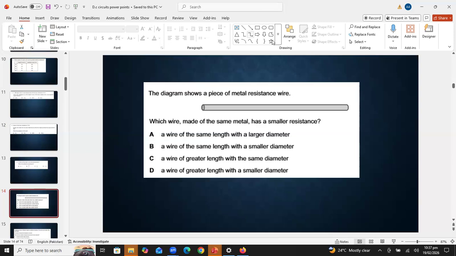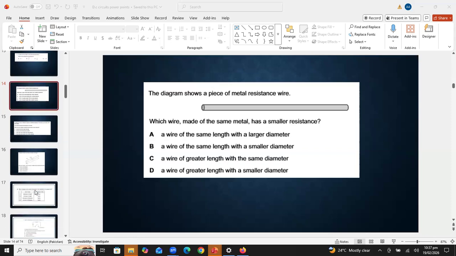So देखिए बेटा, C or D cannot be a right answer, because here the length is increasing. So obviously when the length will increase, resistance will increase. So answer can be A or answer can be B. To find a smaller resistance, diameter should be larger. Exactly. A is the right answer. Diameter should be larger because they are inversely related with each other. Okay. So I hope now this concept is clear to you.